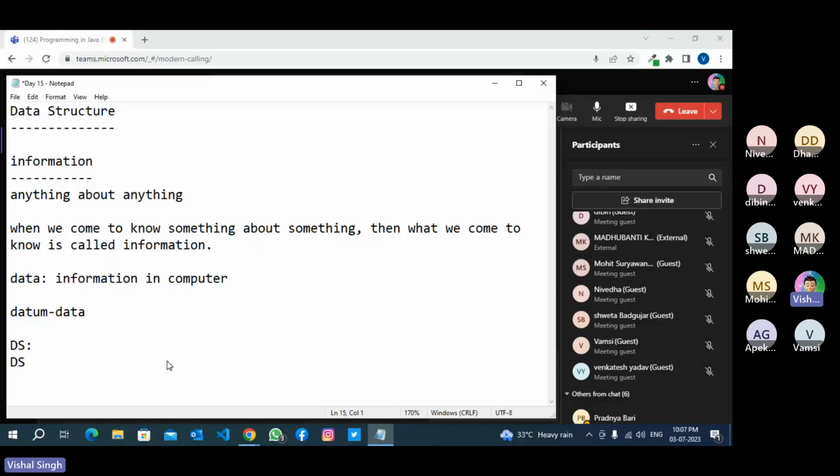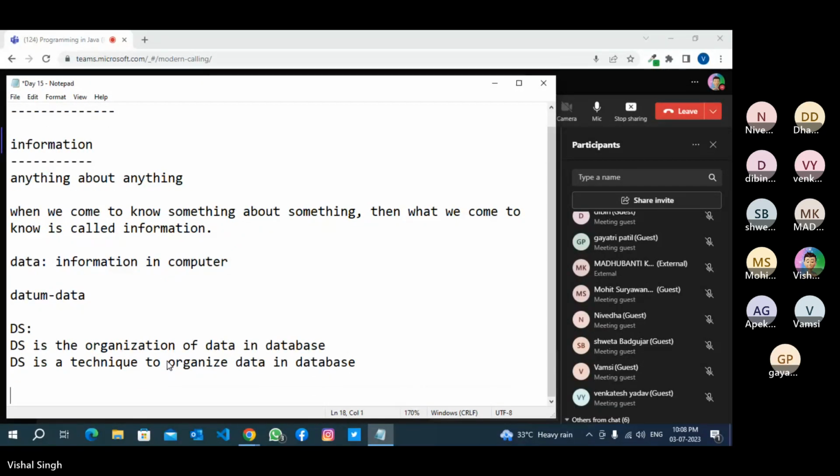There are so many definitions. Data structure is a technique to organize data in a database.